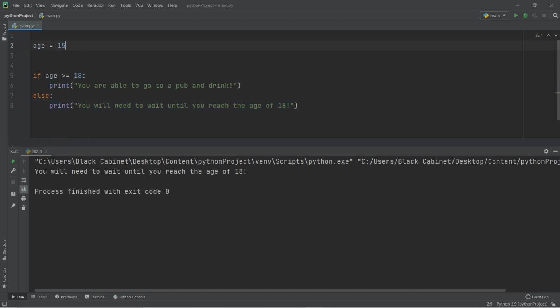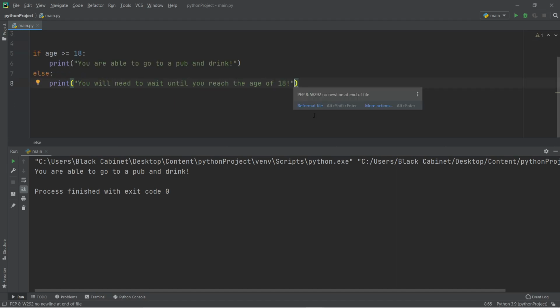So I've run that and you can see it says you will need to wait until you reach the age of 18. If I change this to 18, it says you are able to go to the pub and drink. If I change this to 58, it also says the same because it is over the age of 18. So just to make it a little bit more complicated,